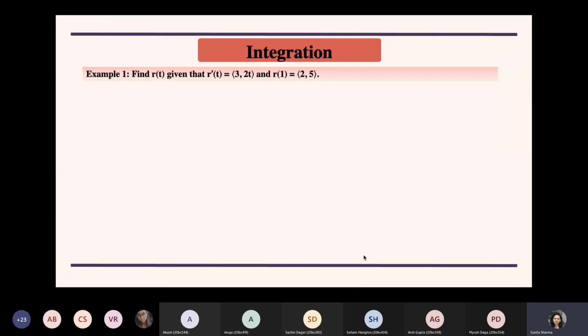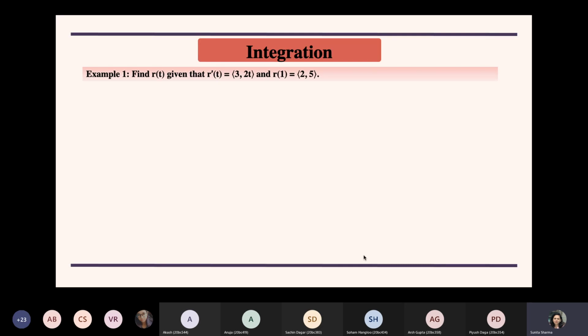So I'm not going to take up the usual integration questions. There are many questions which you can see in your book, in the exercise, so I'm not going to take those. I will be taking the ones where some kind of vector is involved, a position vector or some other concepts. So normal integration questions you can try on your own.